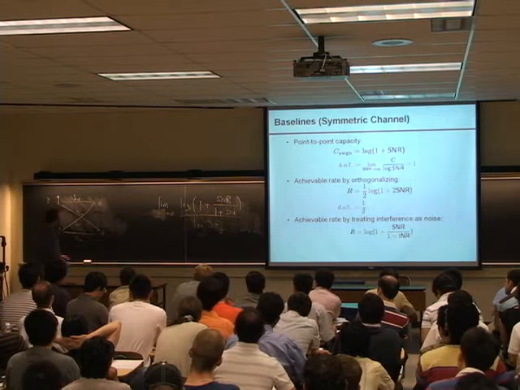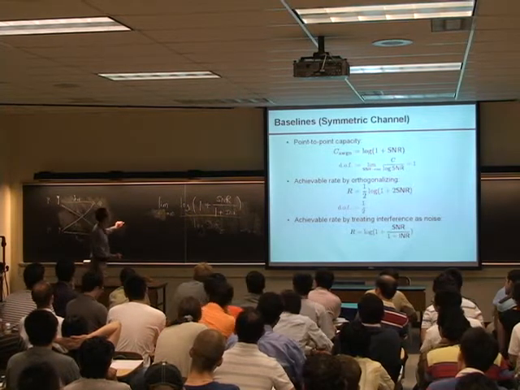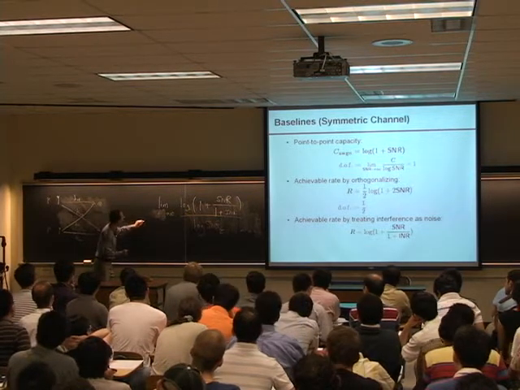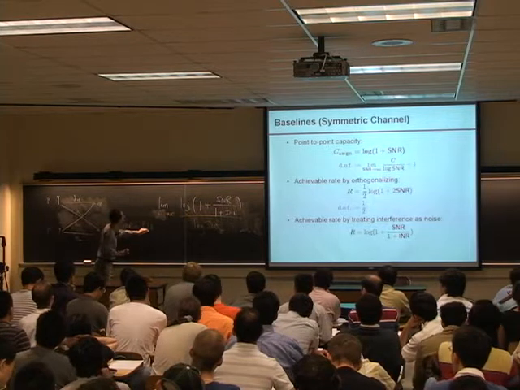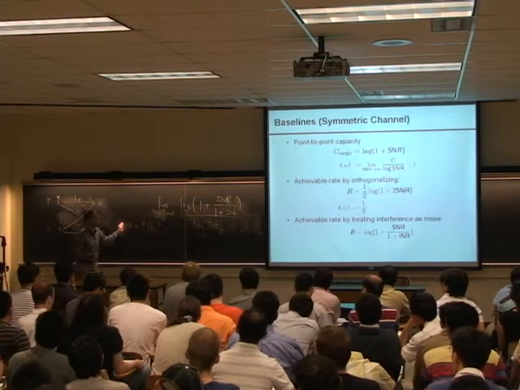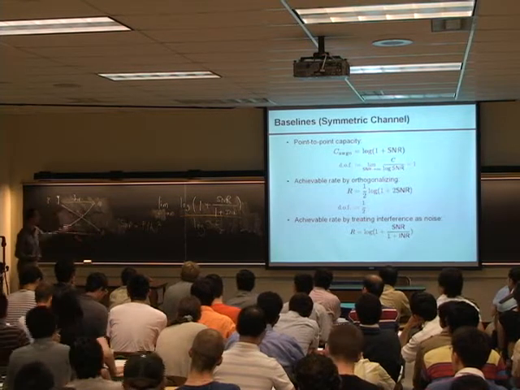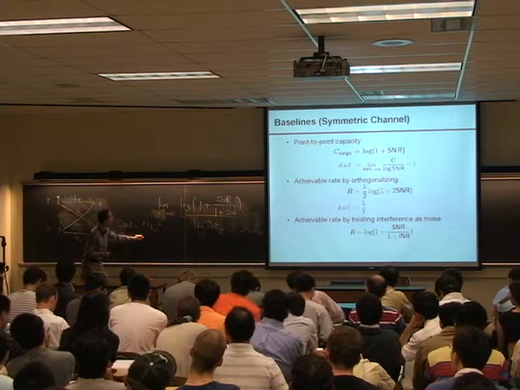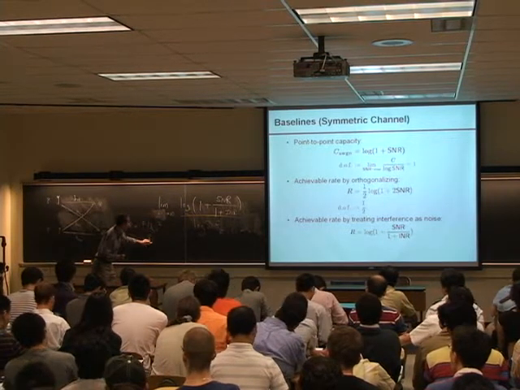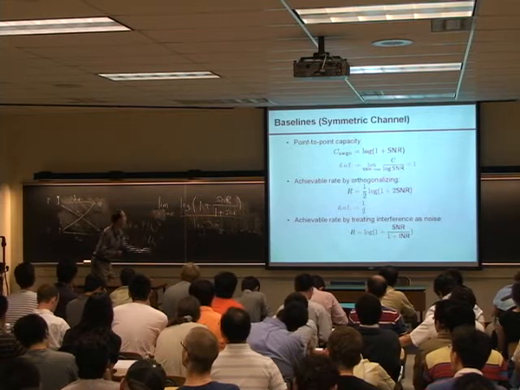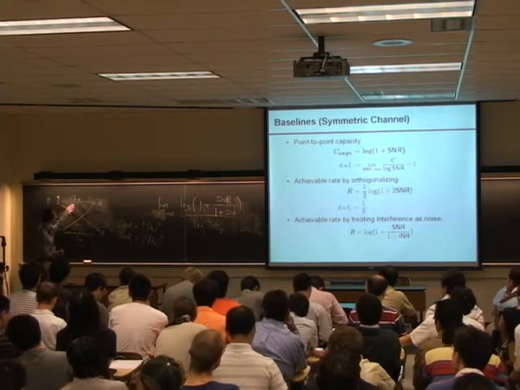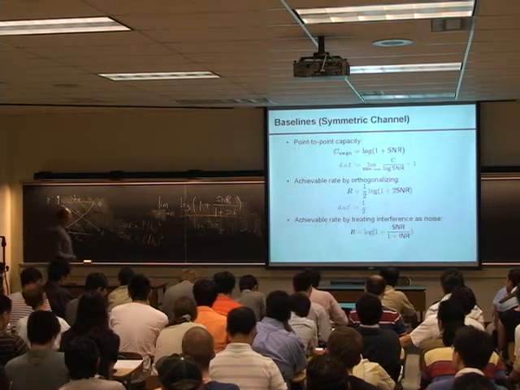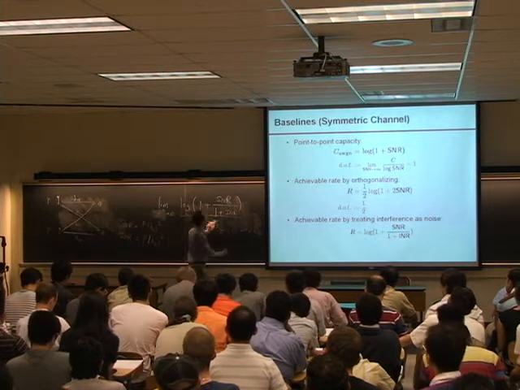Okay, so let's see. All right. So SNR is equal to P times H11 squared. I'm normalizing noise to be unit variance here, okay? That's enough. The interference to noise ratio is P times H21 squared, okay? So I'm assuming symmetry, so H11 equals H22 and H21 equals H12, okay? So if I plug that in, okay,